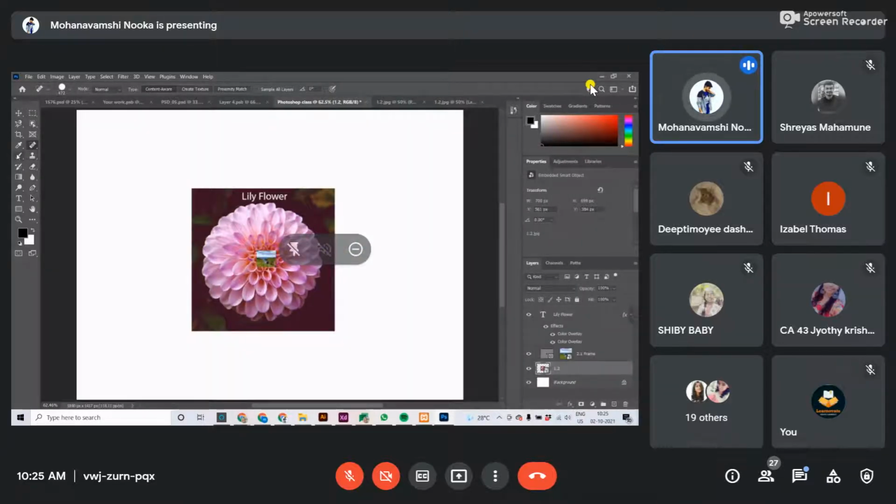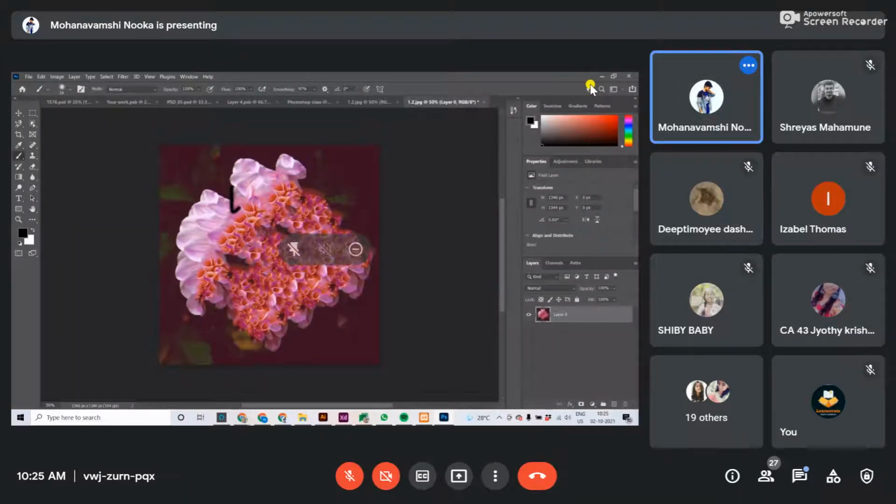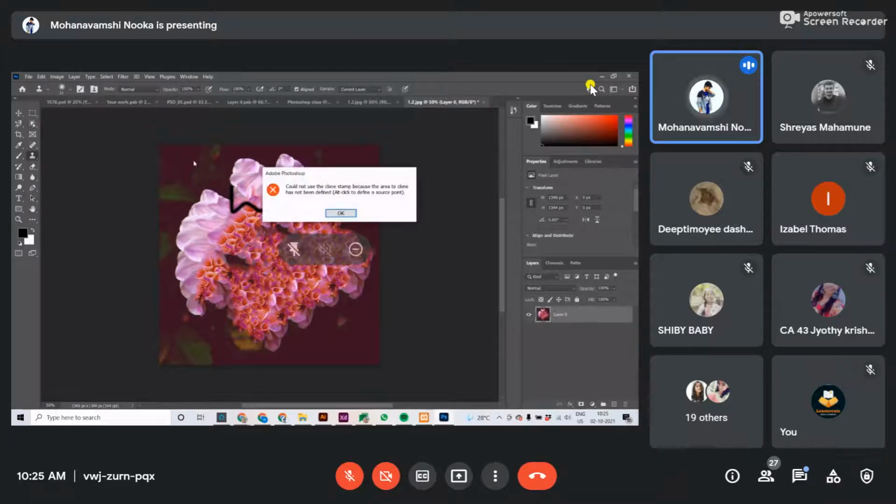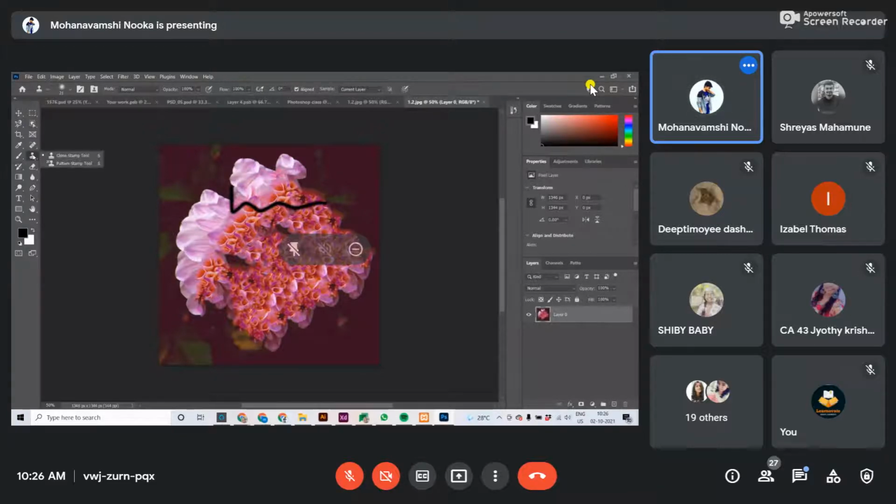And coming to the brush tool, to add color like this. Okay, stamp tool. This clone stamp is to add other parts, like I want to add this leaf here. So what I can do is select this, like this.